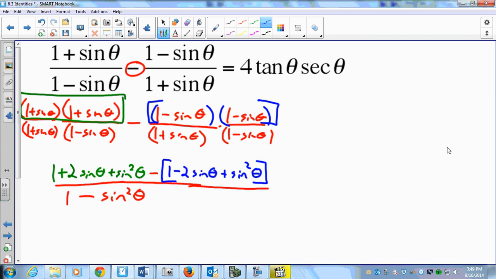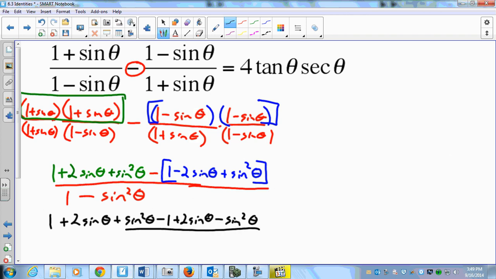I don't like all these negative signs here, so I'm going to just write terms out. So I'm going to get 1 plus 2 sine of theta plus sine squared theta. Now distribute my negative through. Minus 1 plus 2 sine of theta minus sine squared theta, all over